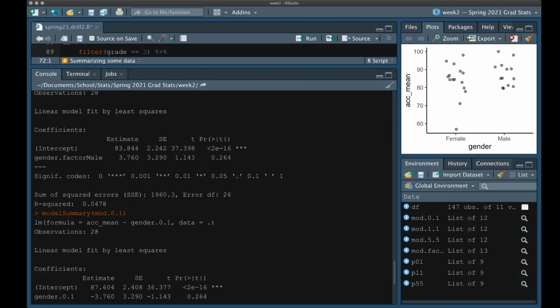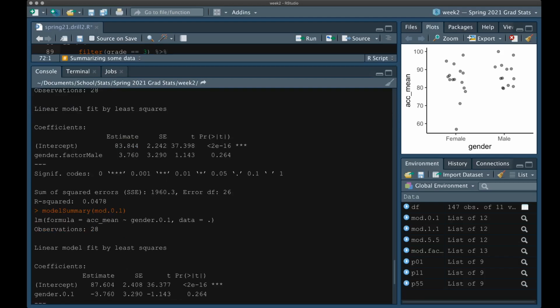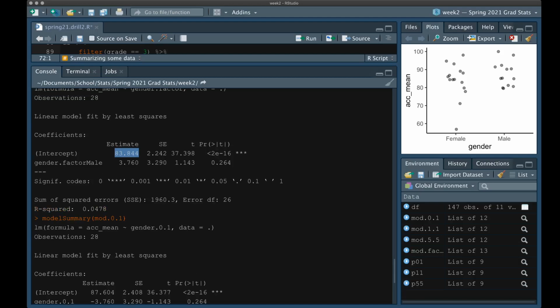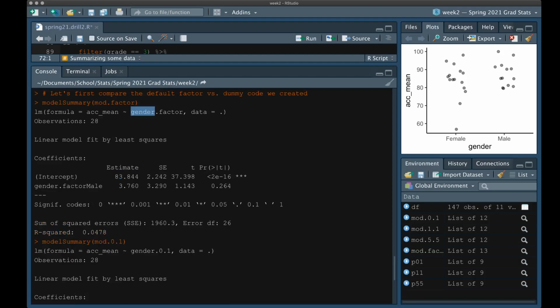So in other words, with this default coding, our intercept is the mean of females, and our slope is how much that changes by changing from females to males. The intercept is the average where x equals 0, which in this model 0 equals female, because alphabetically it came first. So this is the average of females, and changing from 0 to 1, a 1 unit increase in gender, which means switching from female equals 0 to male equals 1, is associated with a 3.76 point